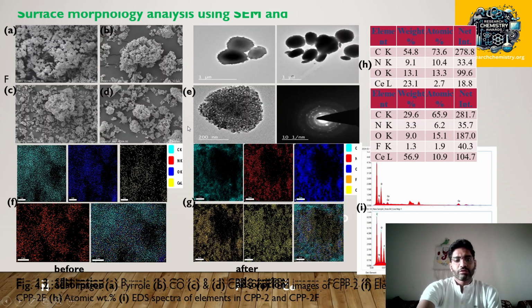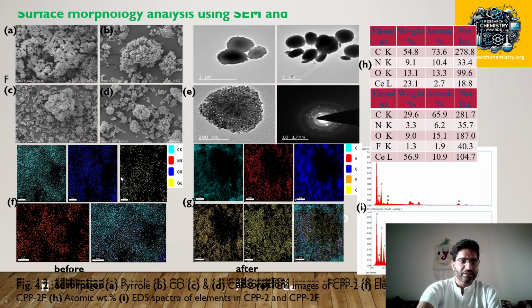In order to look into the surface morphology, SEM and TEM analysis has been done. Here we can see the polypyrrole structures. Polypyrrole has a spherical morphology. This is Syria and this is CPP2, and CPP2 particles. Further, we have analyzed the morphology using the TEM. Here we could see that we have spherical morphology and the diffraction pattern suggesting that it has polycrystalline nature. And before absorption, we could see that